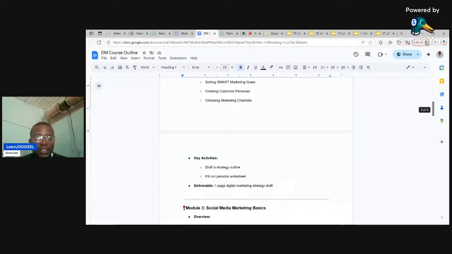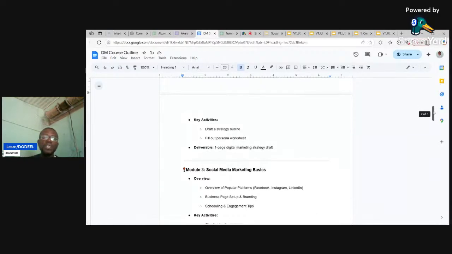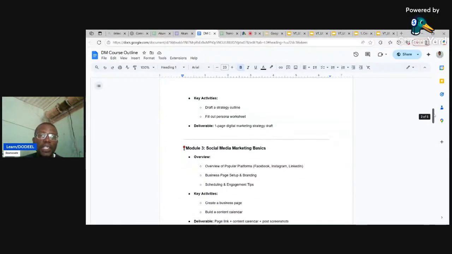We have the topography of the persona too. All right. So those are the things we're going to look at for the second week, and the deliverable will be a one-page digital marketing strategy draft. So we expect that every one of us will be able to successfully, by the second week, create a digital marketing strategy draft, and also